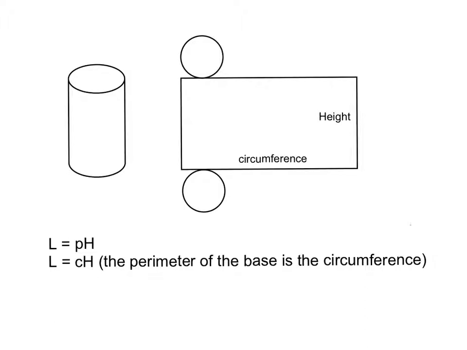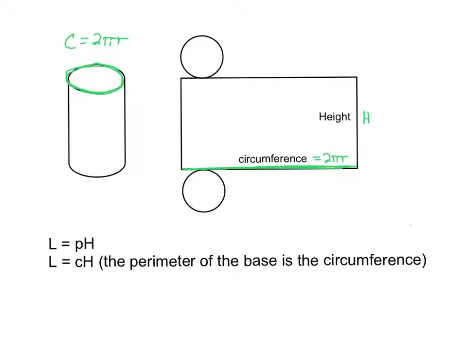Now let's look at a cylinder that has circles for its bases. So if I undo this and unwrap the lateral surface area, I want you to notice that the length of the circumference of the base, when it's unwrapped, becomes the length of this side of my rectangle. So the circumference, we know, is 2 pi r. So we're going to need to use 2 pi r times our height in order to get the area of